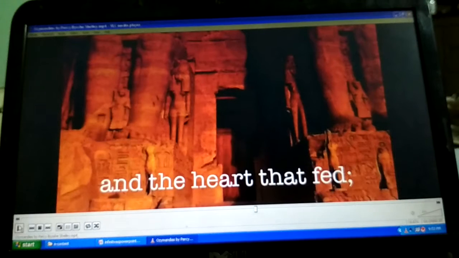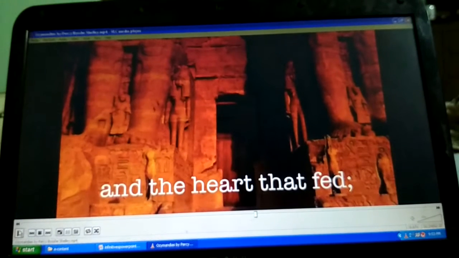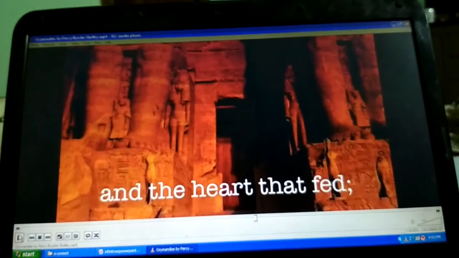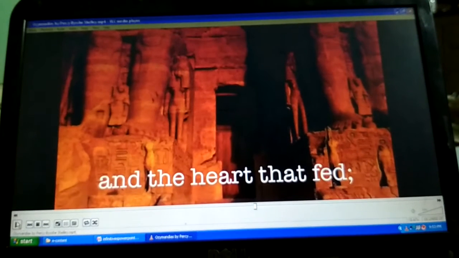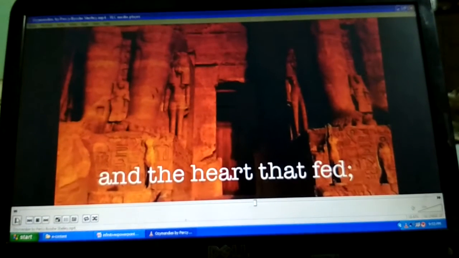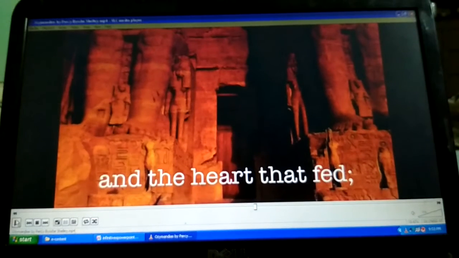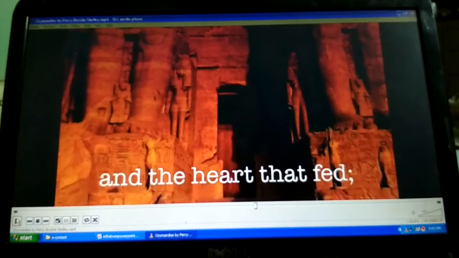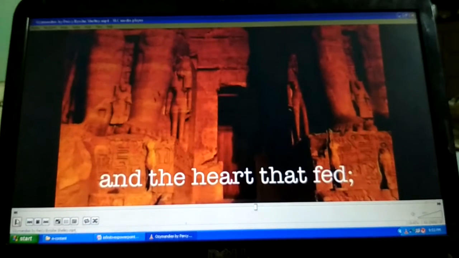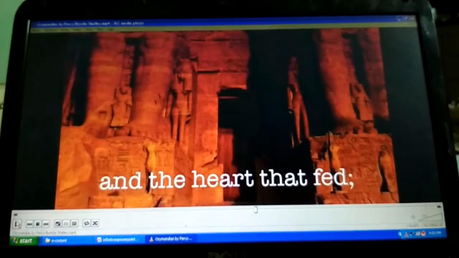Now, students, I have read out the first part of this sonnet, and now the explanation goes like this. A traveler from an antique land. So here the poet met a traveler. He had returned from an ancient land. He narrated to the poet what he saw there. He saw two vast trunkless legs of stone standing in the desert. Near them, a shattered face of the statue lay half sunk in the sand.